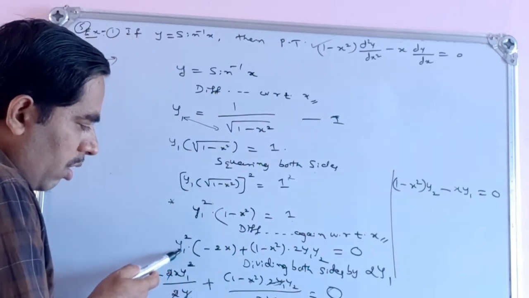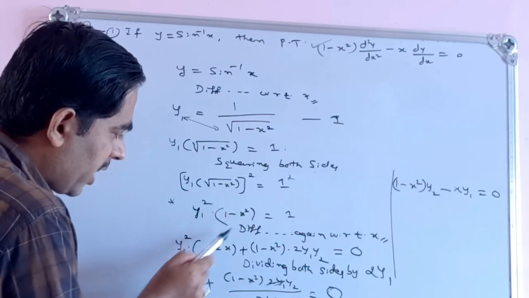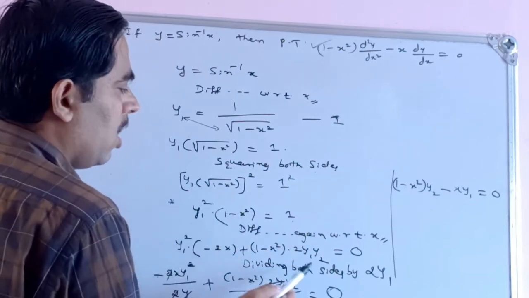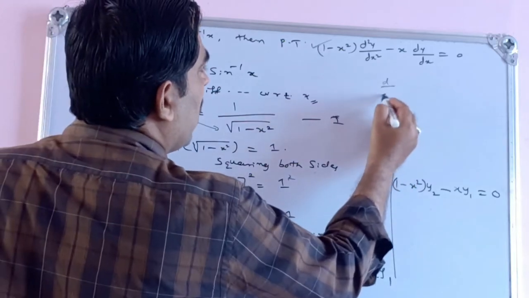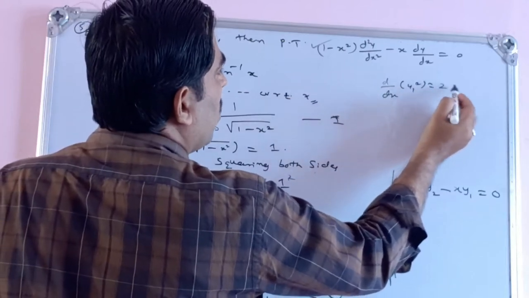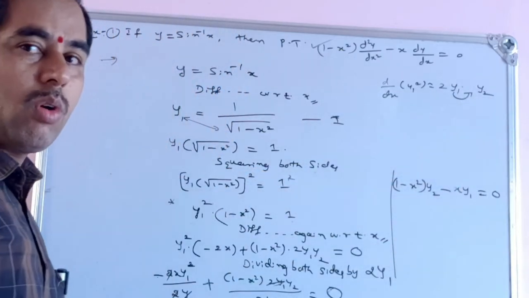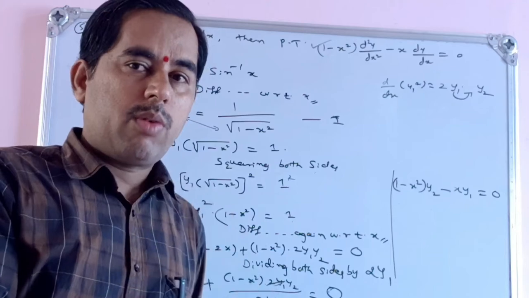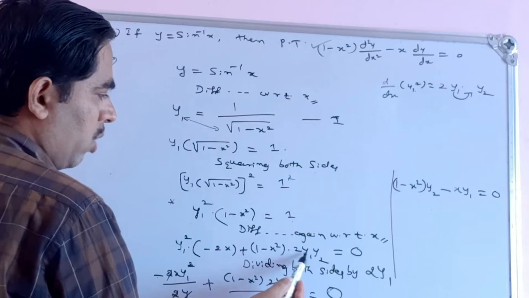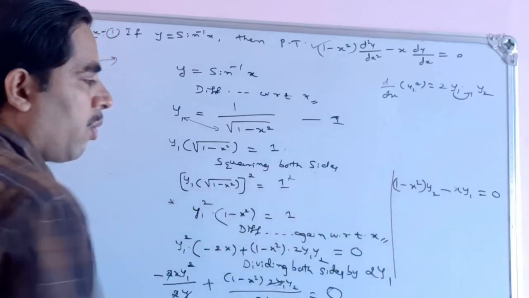First function, y1 square, into the derivative of 1 minus x square, means what? Derivative of 1 is 0. So derivative of minus x square is minus 2x, plus second function 1 minus x square into derivative of y1 square. See, derivative of y1 square is 2y1 into y2. You see, y1 square means 2y1 into the inner quantity y1, and the derivative of y1 is y2. In the previous class we said derivative of y1 is y2, derivative of y2 is y3. So derivative of y1 square is 2y1 y2. What is the common thing? 2y1. So dividing both sides by 2y1, we get the required result.